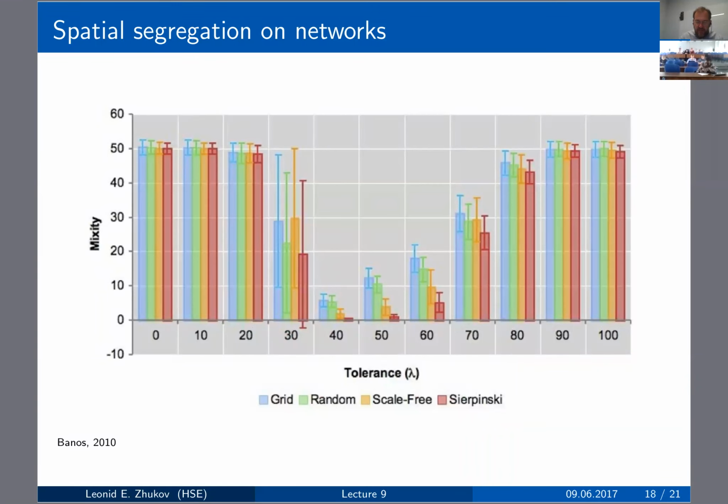And random also kind of enhances segregation. Look, if you compare random, the green is below regular. So sort of random network, and scale-free network, all of them enhance segregation. So in this sense, a regular grid is in some sense the layout where you will have the least segregation and the best possible mix. Again, take this with a grain of salt because this is a model.